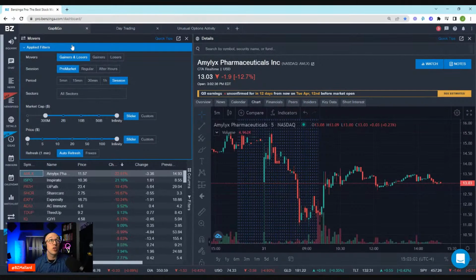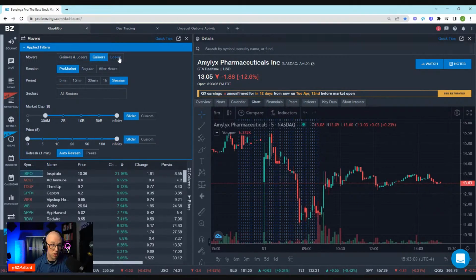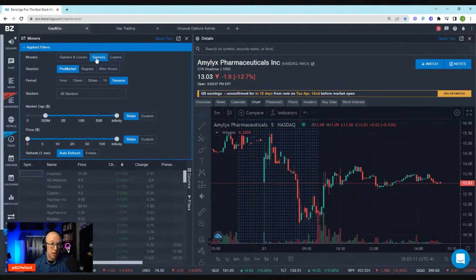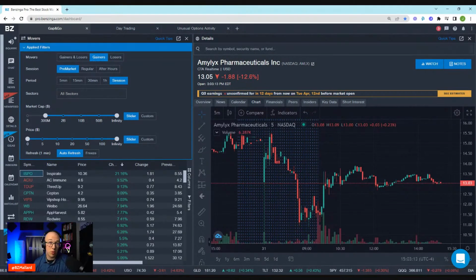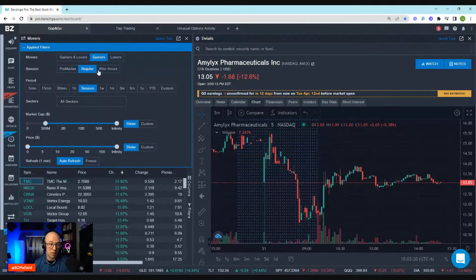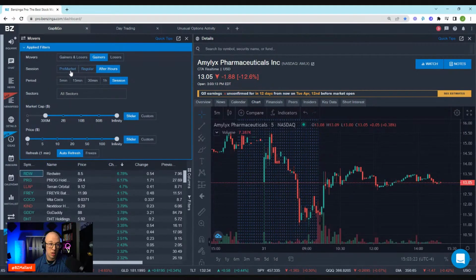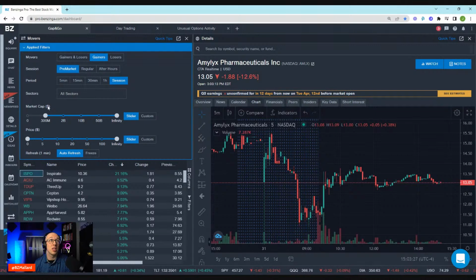So in the morning, usually I'm using this in the pre-market, and I could use this to look for gainers and losers, or I could switch this over to just gainers or just losers. If it's a gap and go, maybe you want to see stocks that are gapping up, so you could set that to gainers. Then this can be for the pre-market session, regular session, or after hours. I'll set this for the pre-market. And then for the period, I have this set for the entire session. And then I have a market cap greater than 300 million,